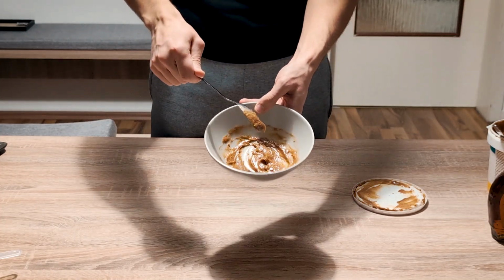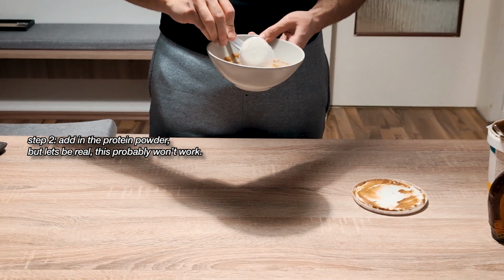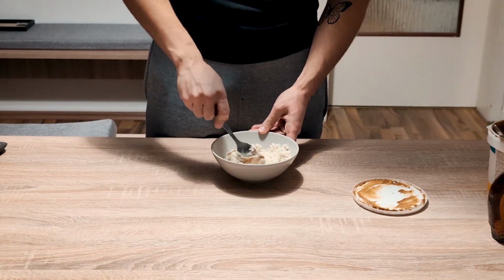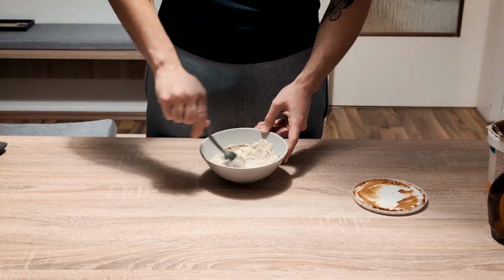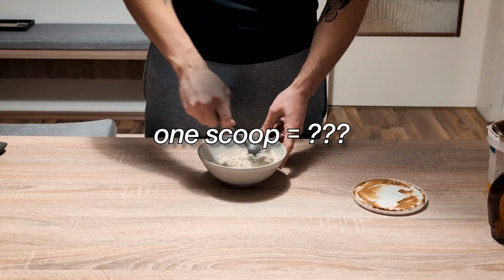But it's whatever. I'm here to follow the recipe and trust the process. So I just dumped in the scoop of protein powder, and perhaps 20% of it mixed in with the peanut butter and maple syrup. The other 80% remained untouched. Clearly something isn't right here, and my theory is that the misunderstanding is probably from using a scoop as a